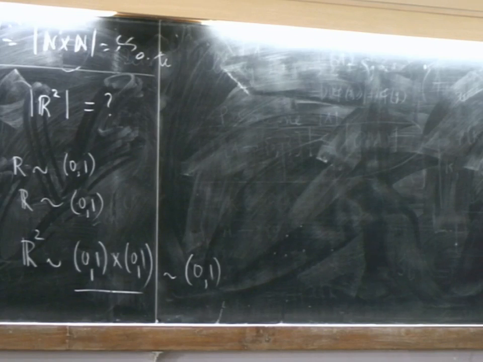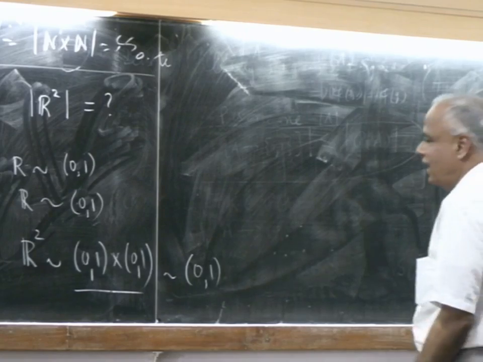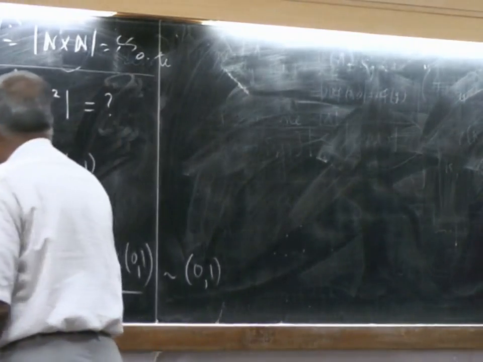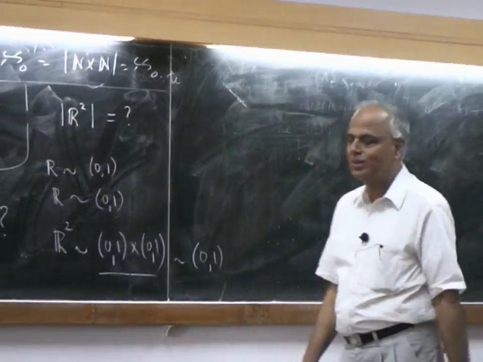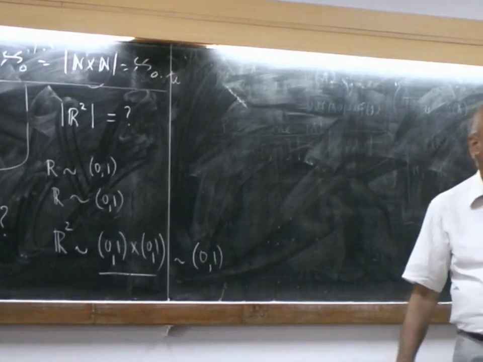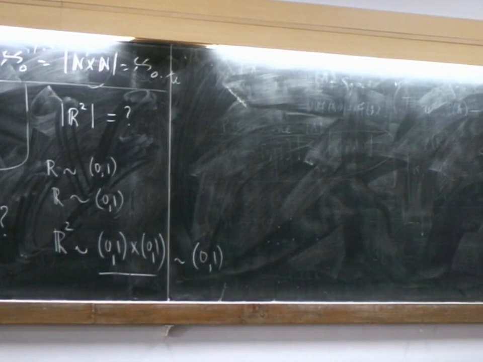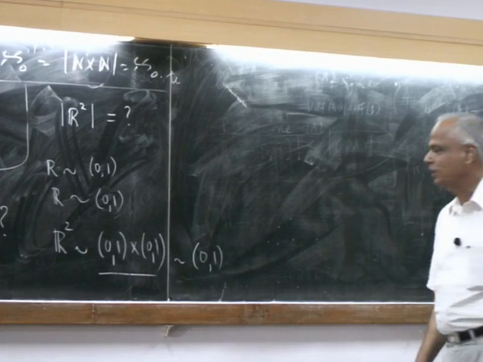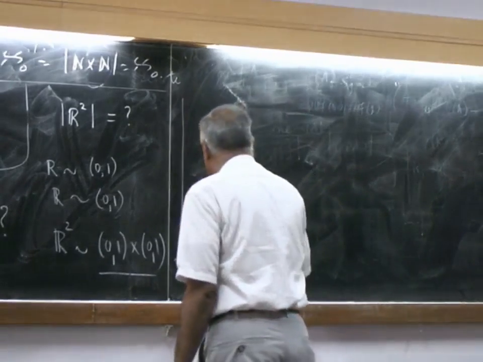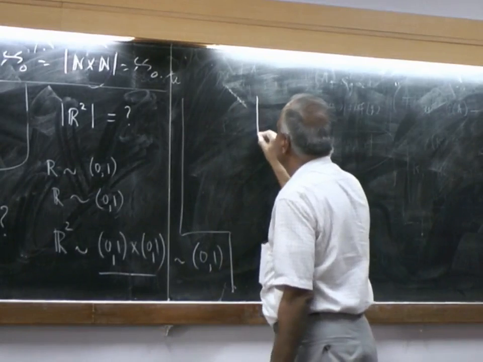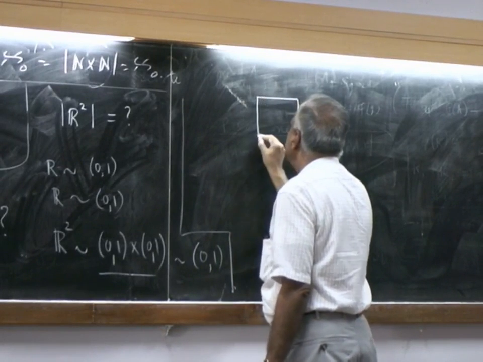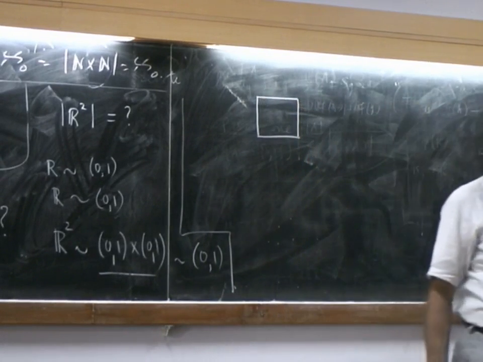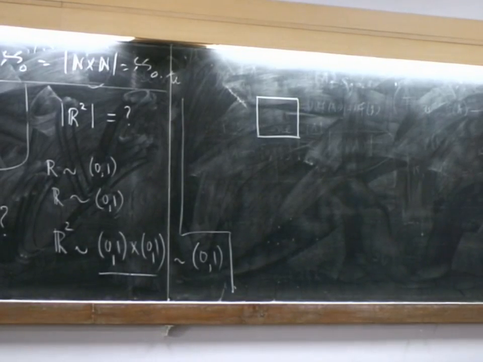Now, very dangerous things are happening here. Okay. What we are doing here is, again, these are all questions. Okay. You have to fill in the blanks or look at some books. If you look at either Hewitt and Stromberg or somewhere, you will find maybe a one line mention somewhere or an exercise there and so on and so forth about these things. Okay. What this says is, if you take the unit square